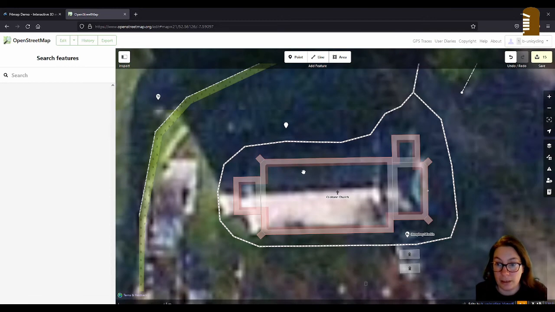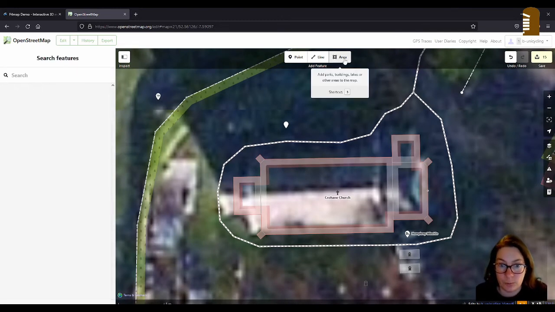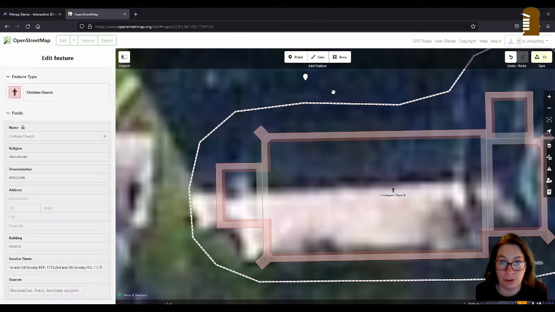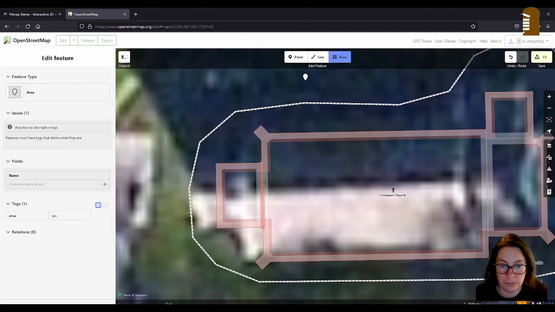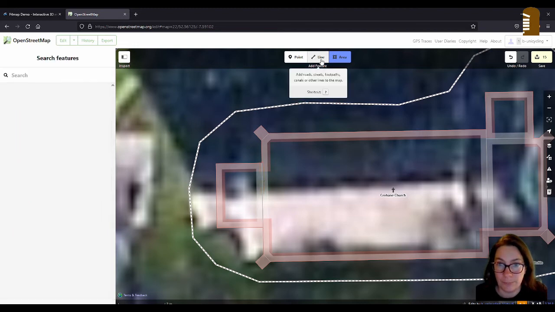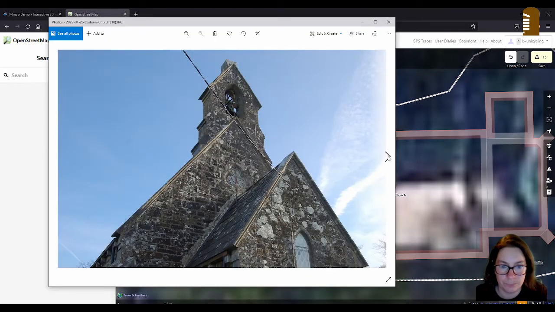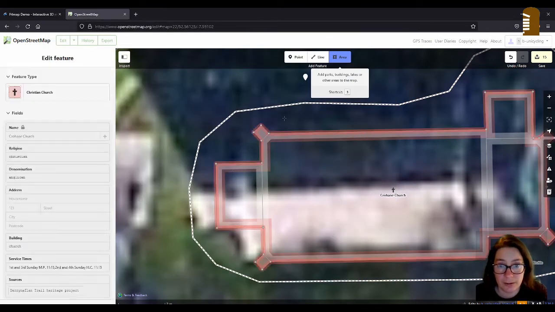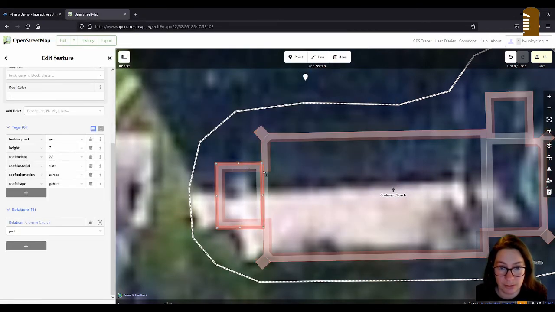And now we can get to the belfry, which sits on top of the ridge of the building here. It's gonna be very tricky. So it's not as wide as this building part, and you can't really see it on the satellite view.